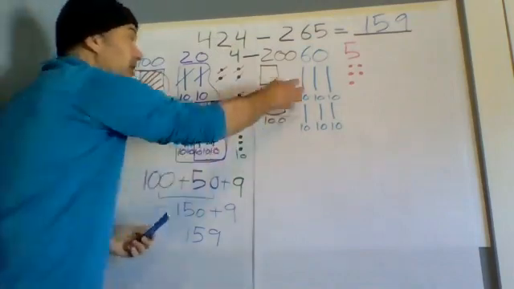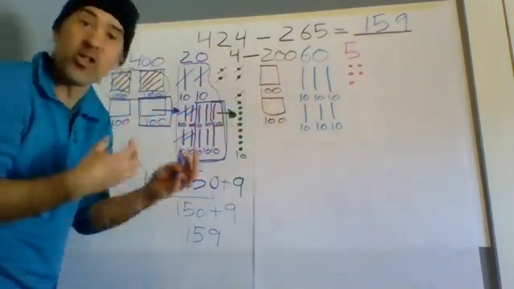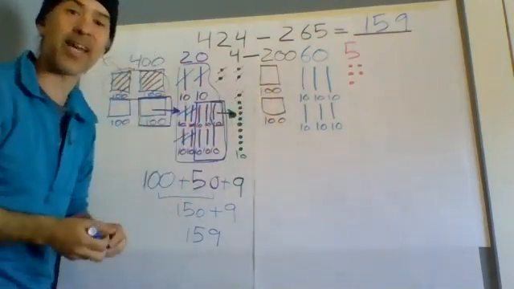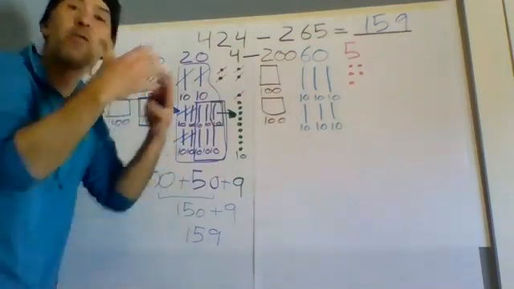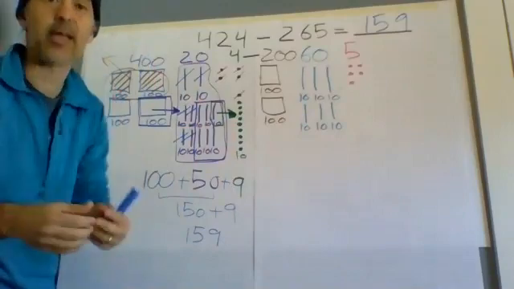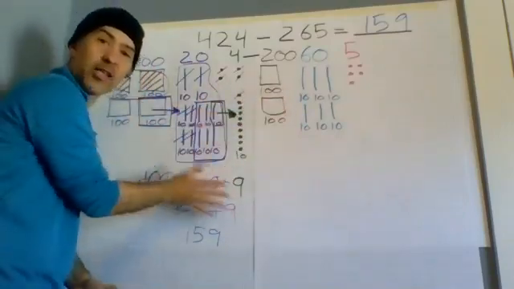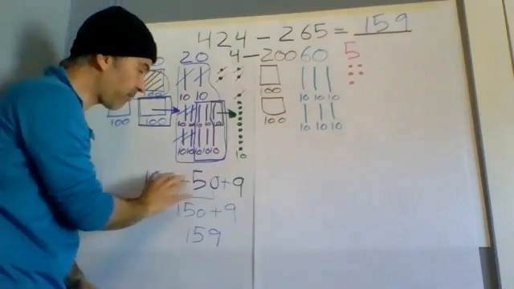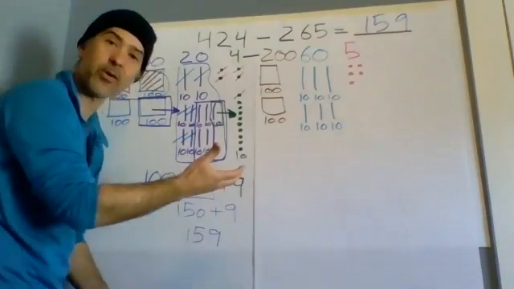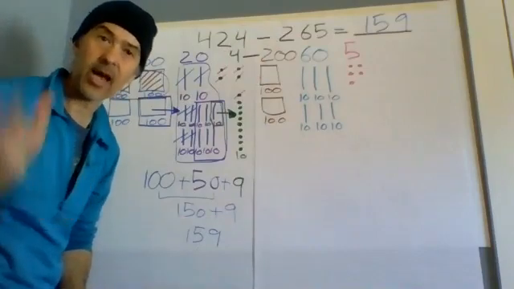Then just start taking away, and when you need to, you regroup. That is, I can trade 100 for 10 tens. I can trade a 10 for 10 ones. And then pull it out, subtract the parts, and then what you're left with, add together, and you get your answer. So I hope this has helped. And until next time,